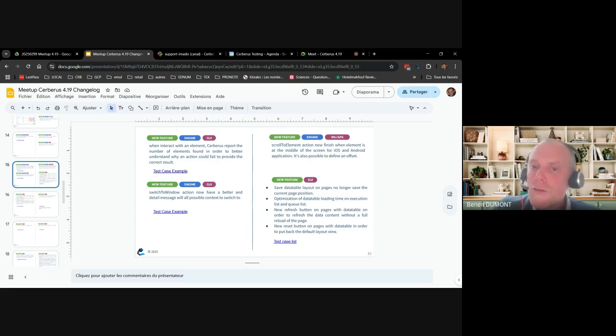And on top of that, you can also define an offset so that when it has found the element, it will put the window at the precise location to handle the offset between the view of the screen and the position of the element.